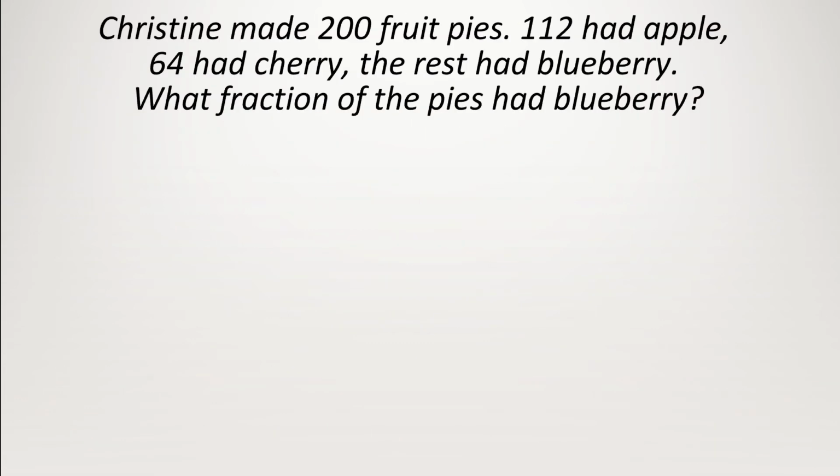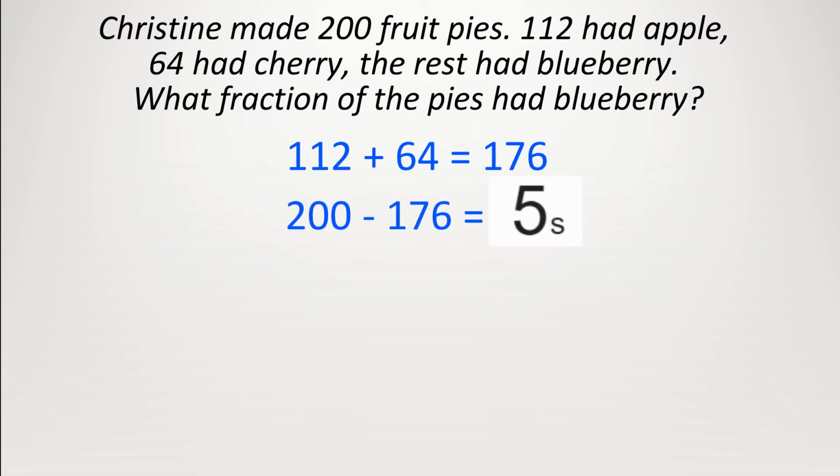Christine made 200 fruit pies. 112 had apple, 64 had cherry, the rest had blueberry. What fraction of the pies had blueberry? Let's add it up. 112 plus 64 equals 176. Take away from 200 fruit pies. 200 minus 176 equals